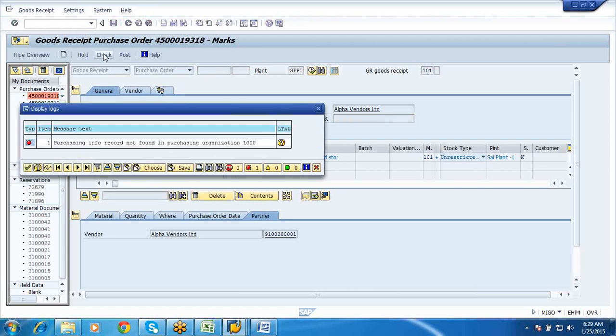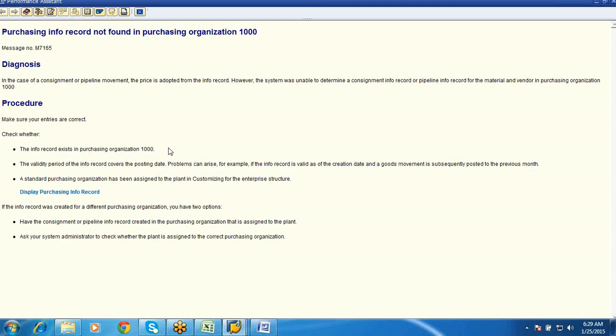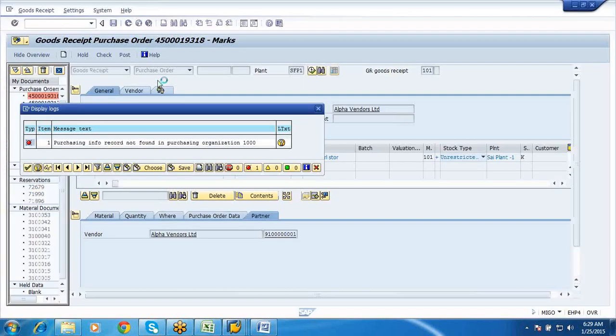Purchasing info record not found in purchase organization 1000.